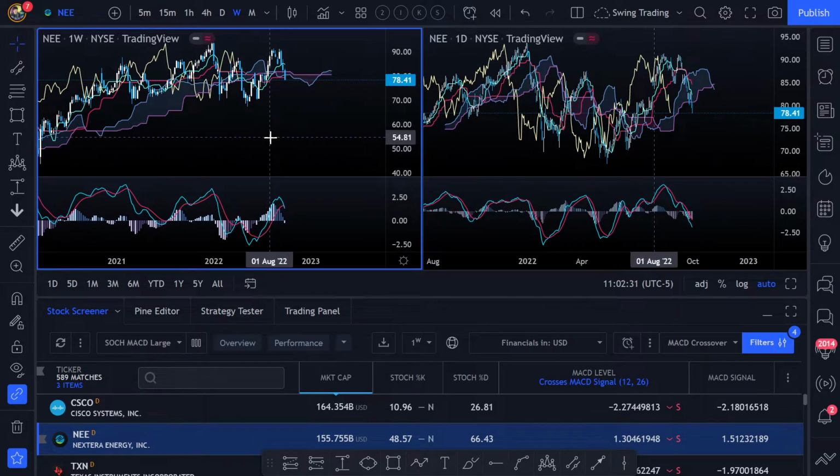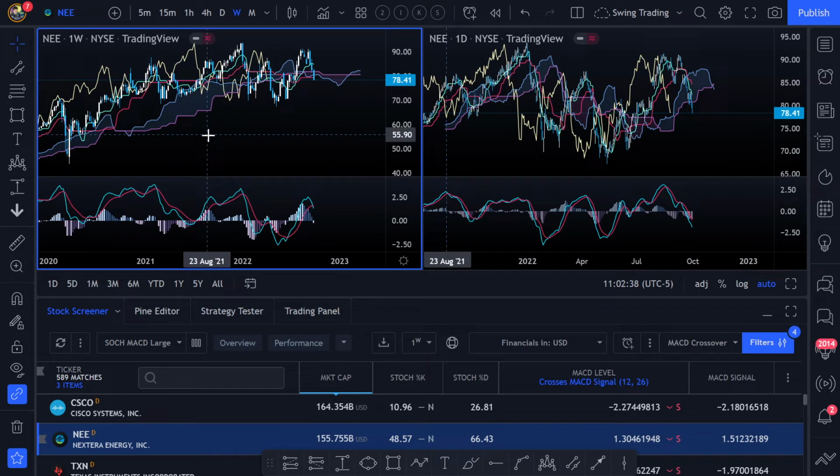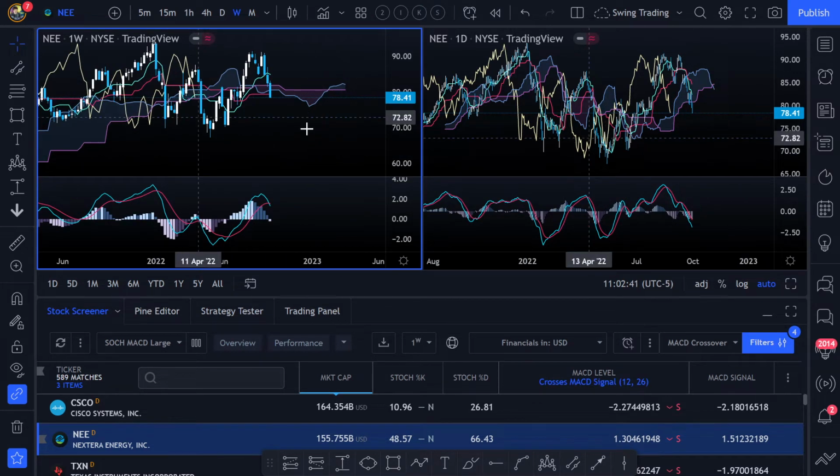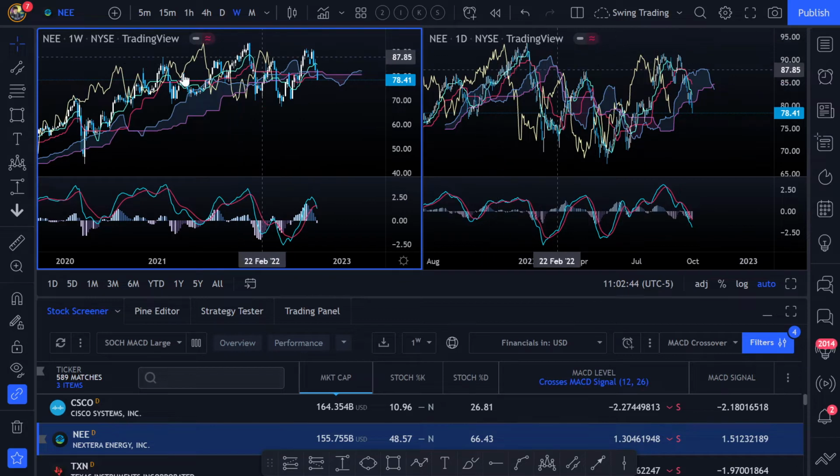Okay, so another stock experiencing a weekly MACD crossover. So I mean a weekly bearish MACD crossover. So you can see that this stock formed